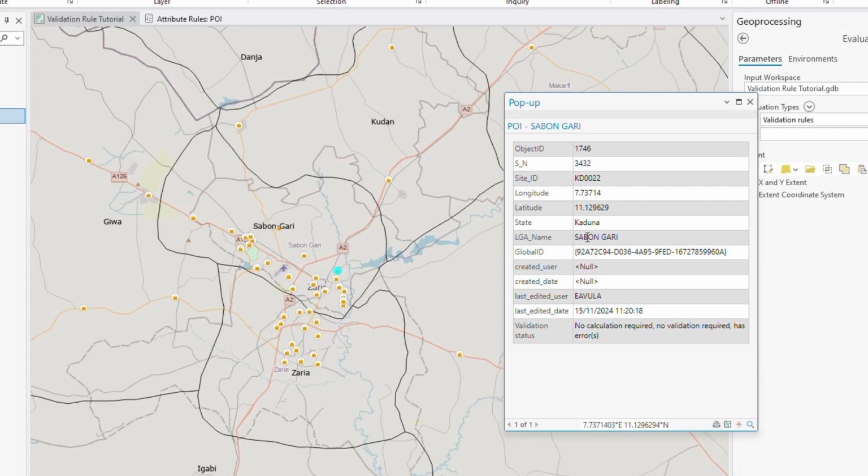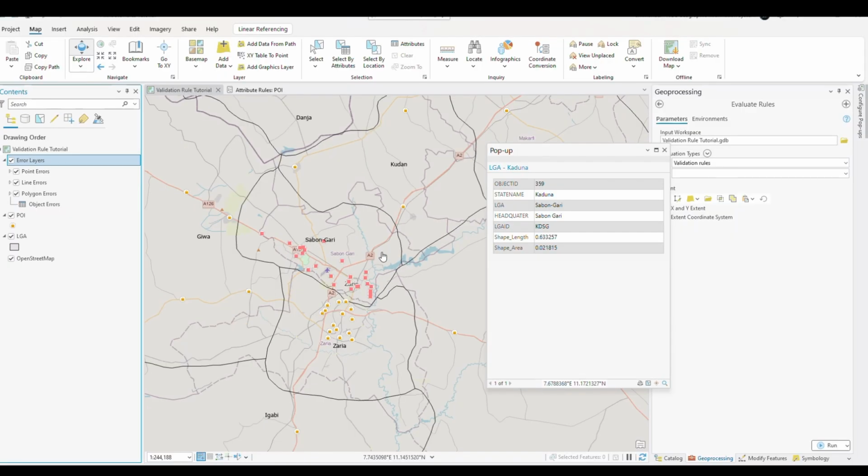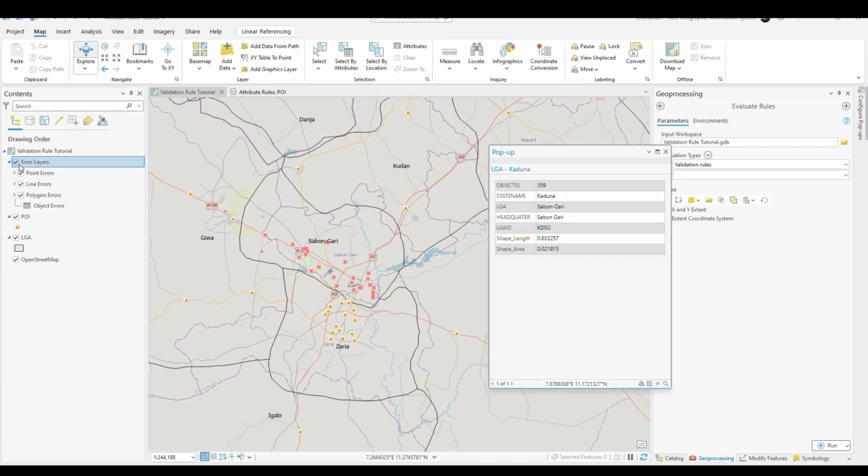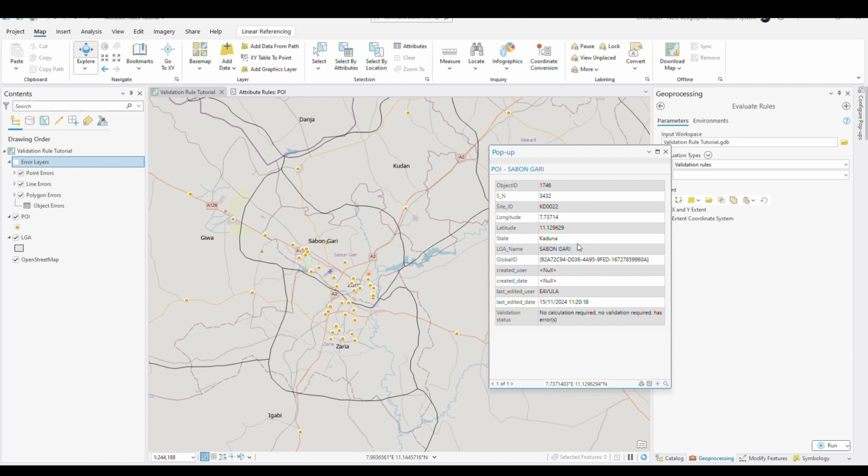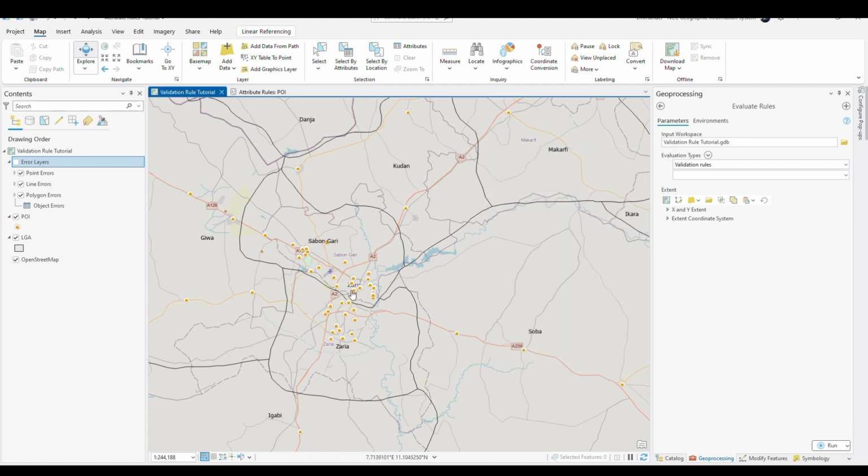So this one, remember we have applied proper as well as leading and trailing spaces. Here the local government says Sabon Gari. So this has a hyphen in between, while on the point of interest there is no hyphen. So that's where it's pointing out. But there is something we can still do. Before then, let's take a look at